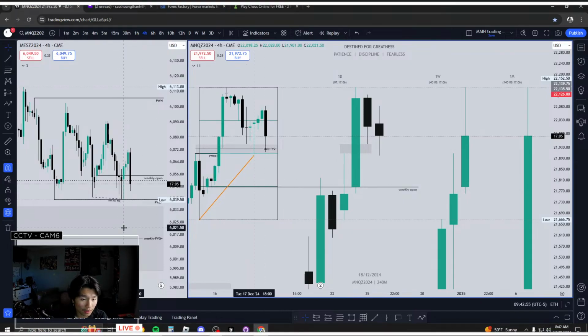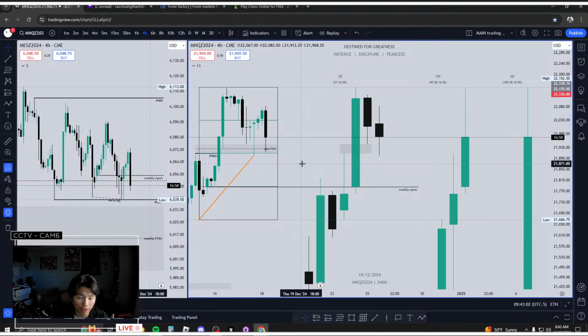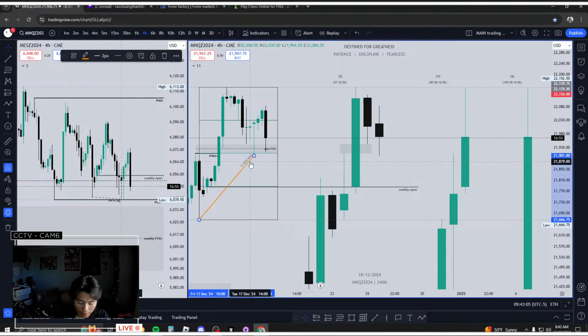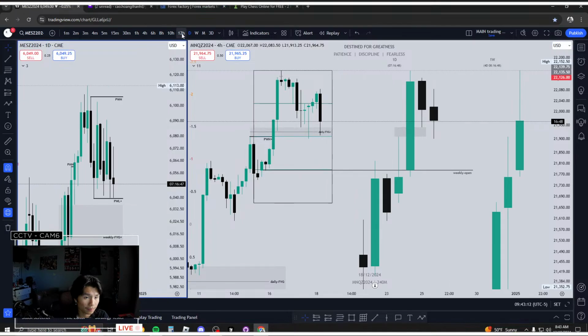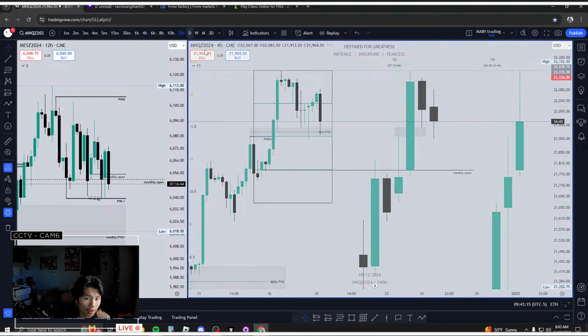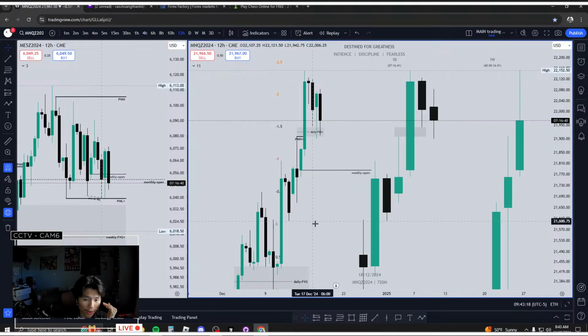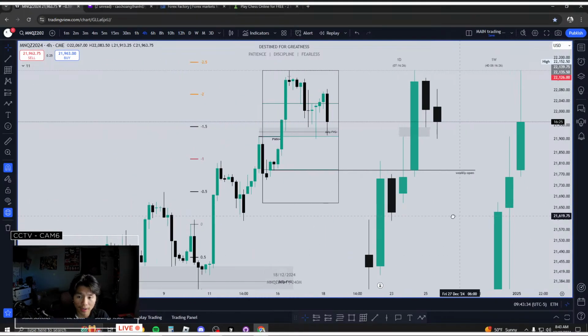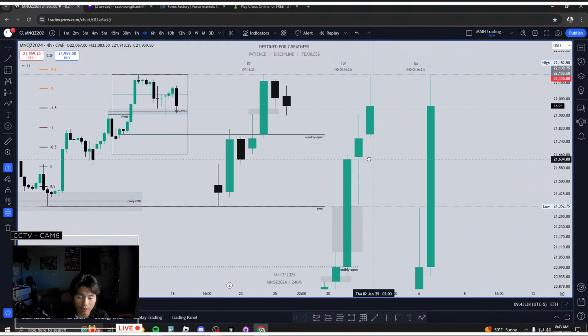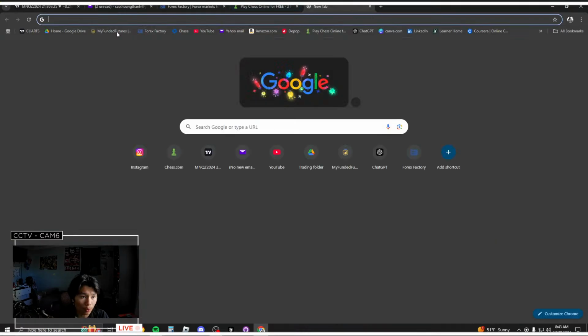So I can anticipate for that low to be taken here coming into the morning if we have a bearish closure on the 4-hour and the 8-hour time frame. But as of right now, there is a larger SMT divergence here. So here on NQ, we failed to take out this swing low, whereas ES has already taken it, which is, you know, kind of significant. But yeah, that just means that NQ right now is just more bullish, and it's respectable because, like I said, noted here in my weekly market outlook,